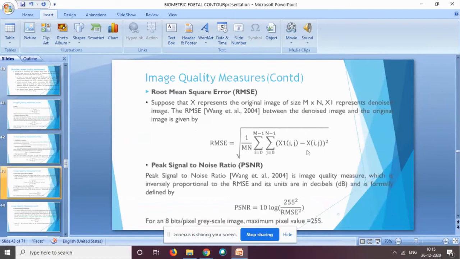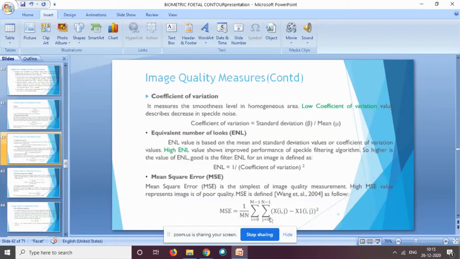X1 of ij is the image which is extracted, or the boundary that I got using my algorithm, and x of ij is the initial image that is given as an input. I take the pixel-wise difference, and from that pixel-wise difference I square the value, and that is my mean square error. This is the formula for mean square error that I employed. We want the minimum or low value of the mean square error.